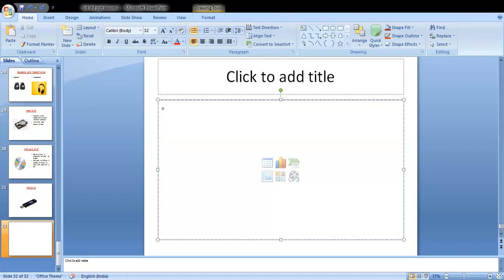Keyboard you can see and touch, no? And mouse you can see and touch also. And your monitor, your CPU, your speakers, hard disk, all these are devices which you can see and touch, that are called hardware. Understand?